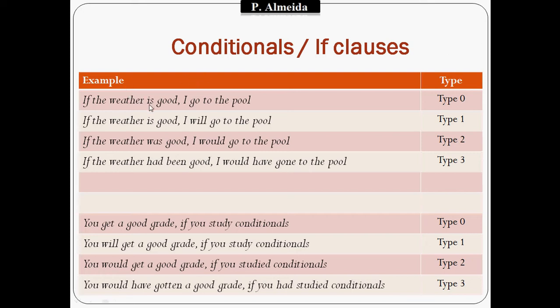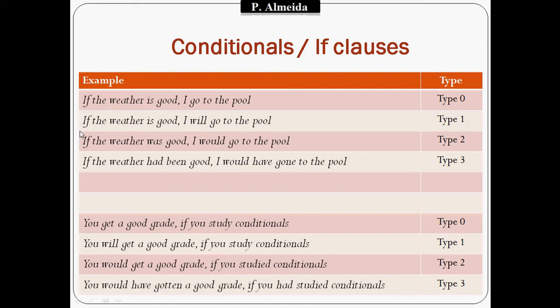So here I'm talking in the present simple, and then I go to the pool is also present simple, so it's a type 0 conditional. Now let's make it type 1, so I need a present simple and a will, okay? If the weather is good, still present simple, I will go to the pool. So now I have the will, and I started with present simple, so it's going to be a type 1